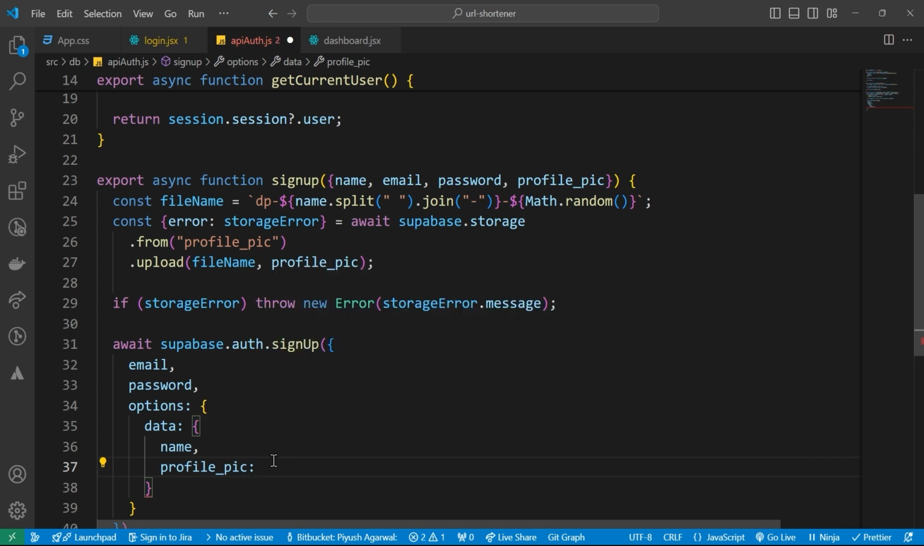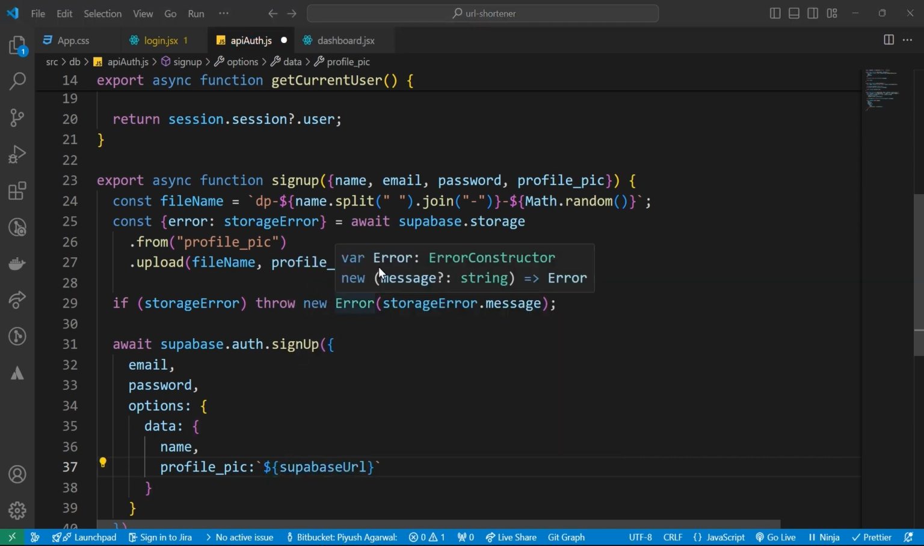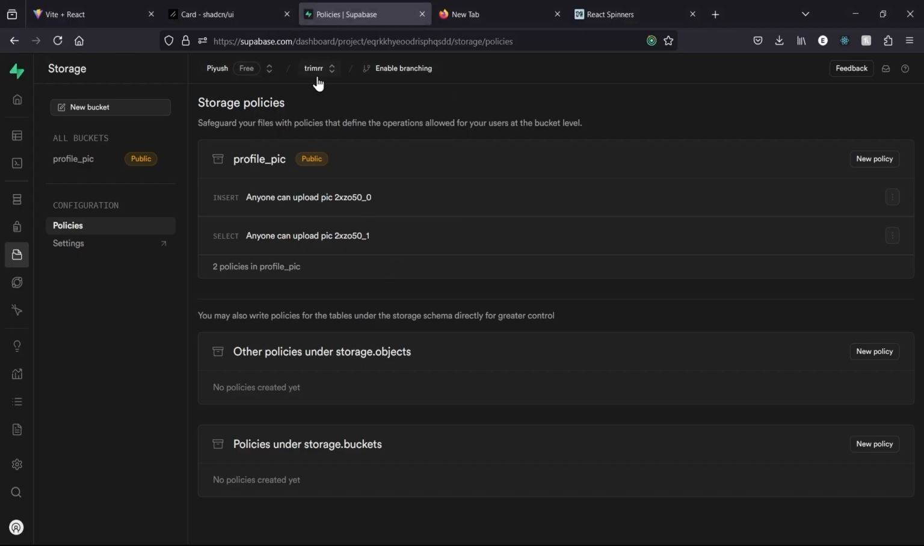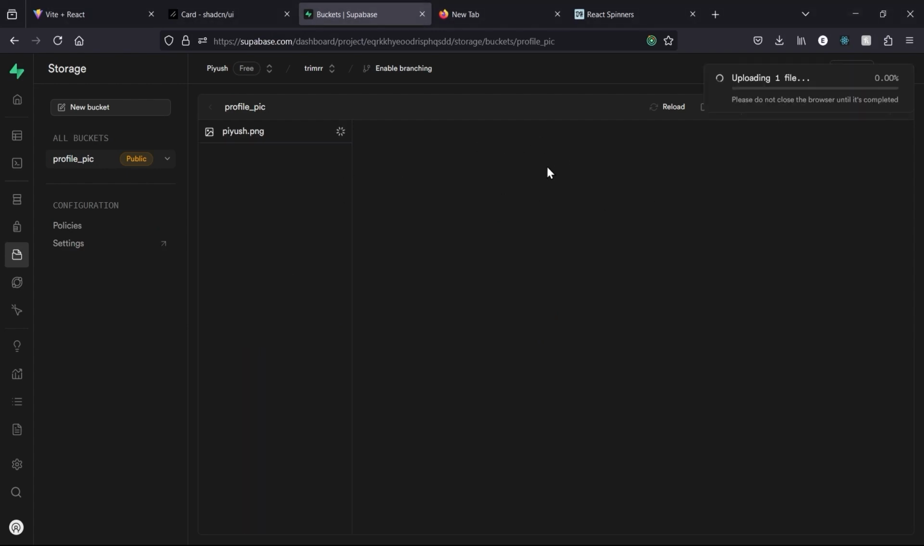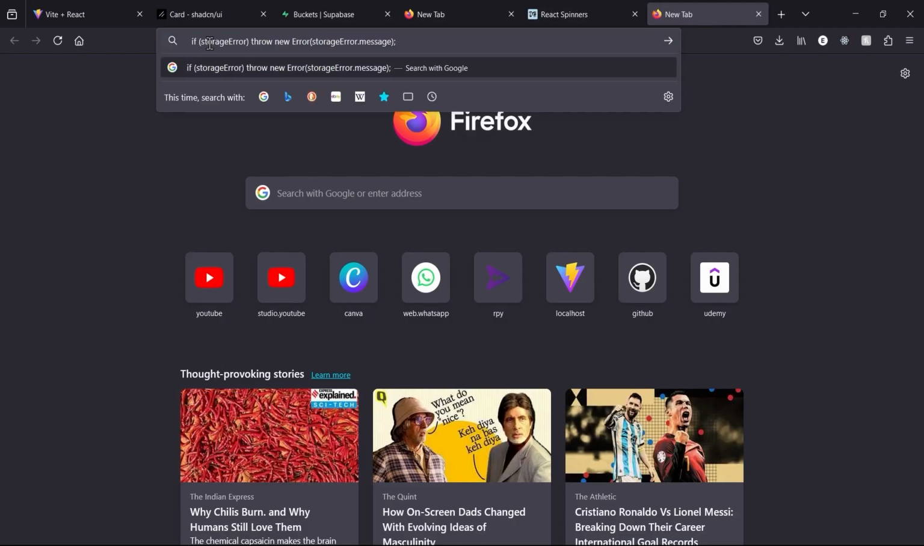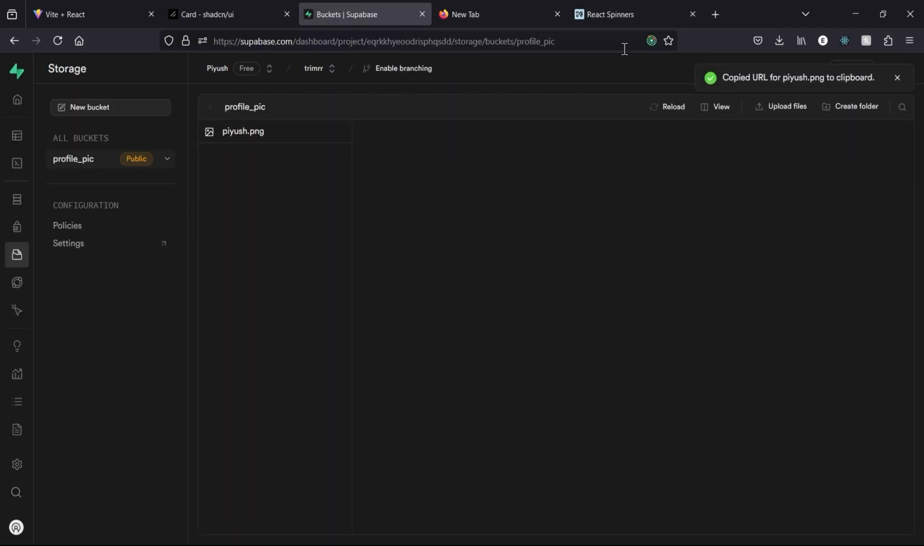Now we have to provide the path to that file. First of all, it will be inside of the Supabase URL. So let me just show you first actually. If I go back to the database profile pic over here, let's try to add some items. I'll click on upload files, and I've selected a file which is uploading, and we will see the path. If I click on get URL and paste it over here,